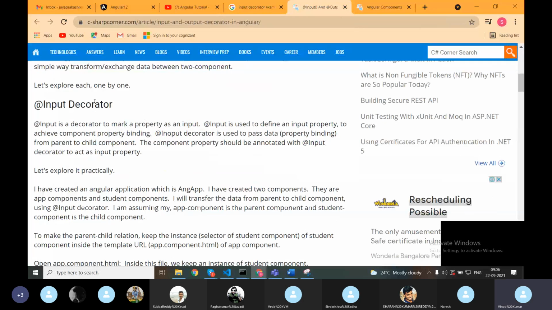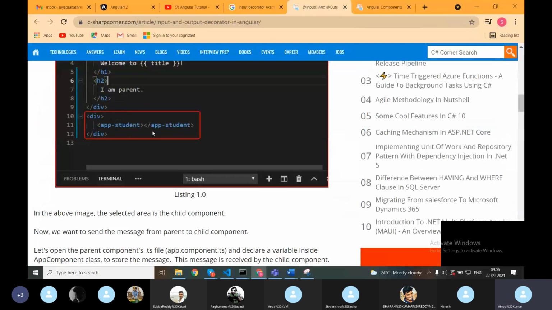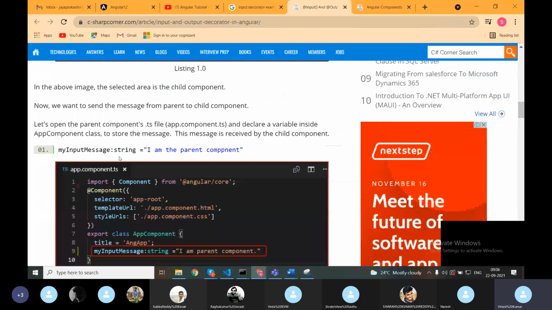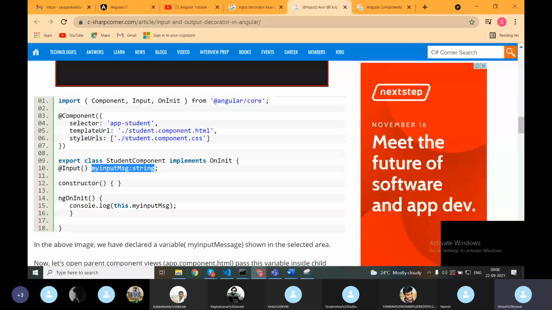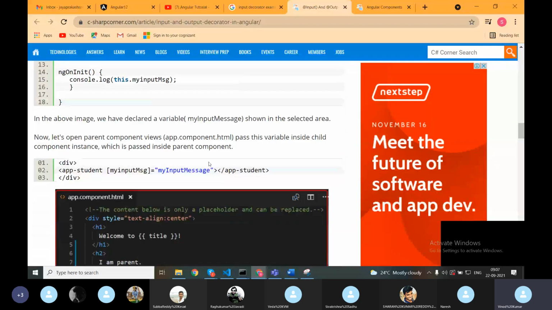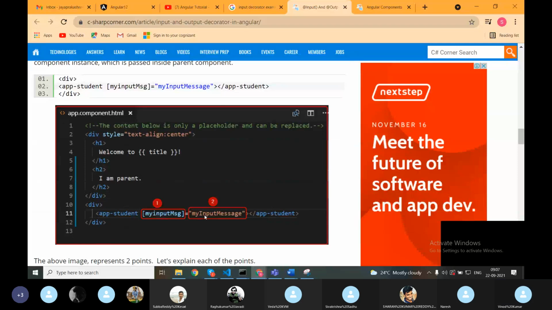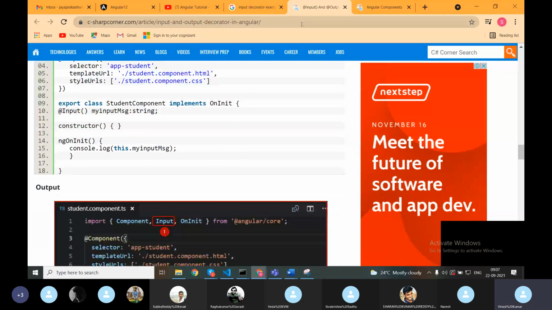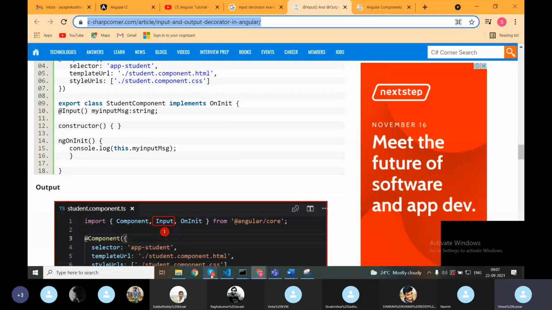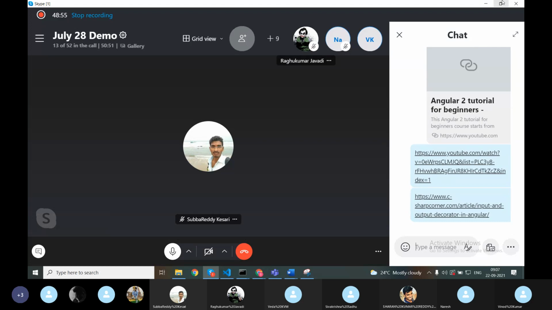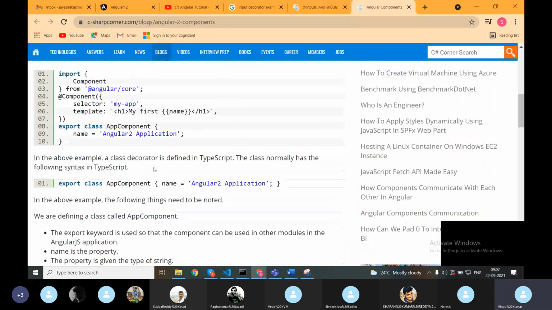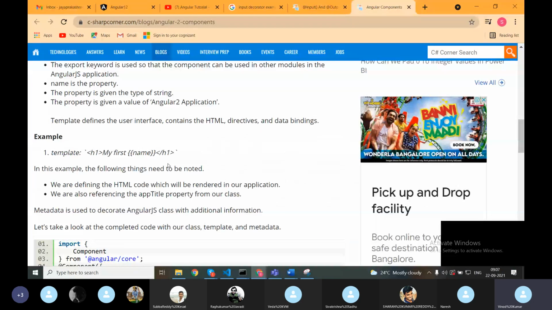See, what is the input decorator and how to utilize that particular input decorator. Okay, they have provided everything. You can refer this one and you can implement this thing. Okay, you will get the idea. Okay,